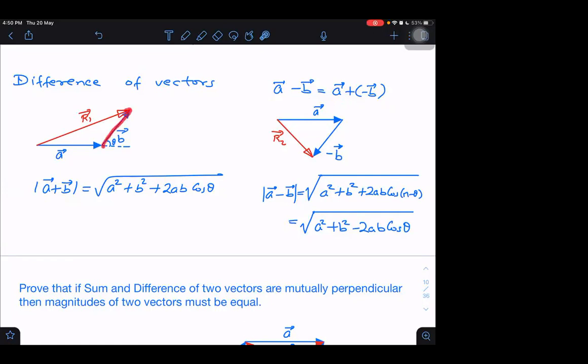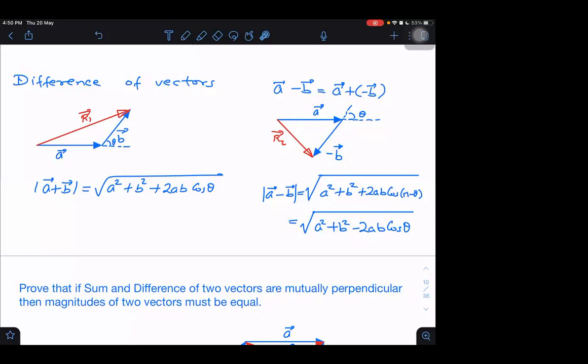If a vector is pointing in this direction, here you observe it, pointing in the left hand side, then the negative of a vector will be pointing opposite to the vector. Same magnitude, but opposite direction. Therefore, a minus b will also be a sum. It will be sum of a vector with negative of the vector. If I sum a vector with negative of the vector, it means I have taken the difference. That will give me this resultant.